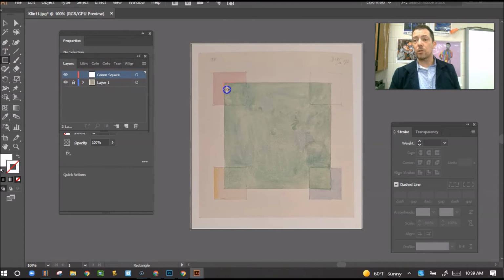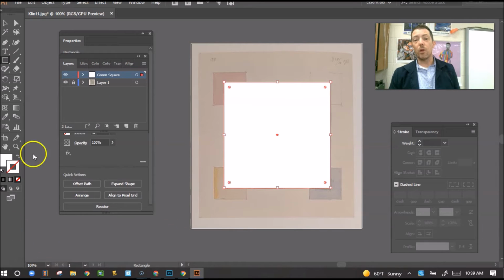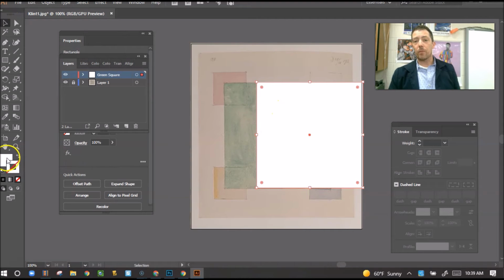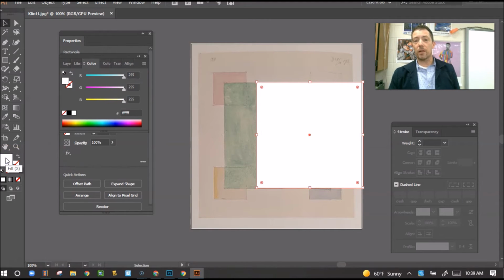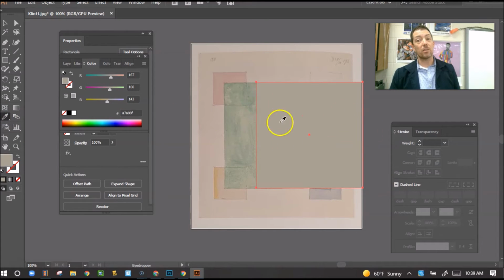can draw out my square. Notice that it's white in nature. That's because this color is white. It has no stroke around it, no line. I'm going to use my selection tool, not my direct selection tool, to move it to the side. I'm going to click on here. Actually, I'm going to click on my eyedropper tool, select a green, and it's going to fill it in